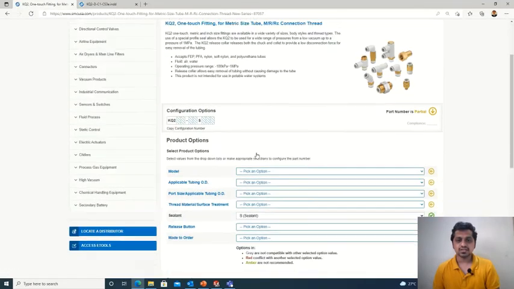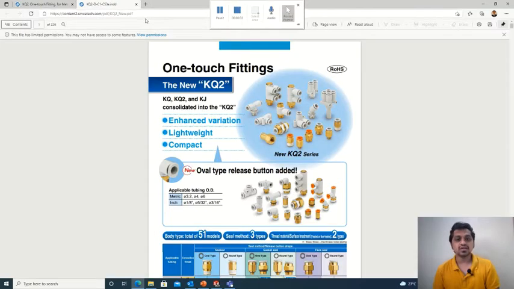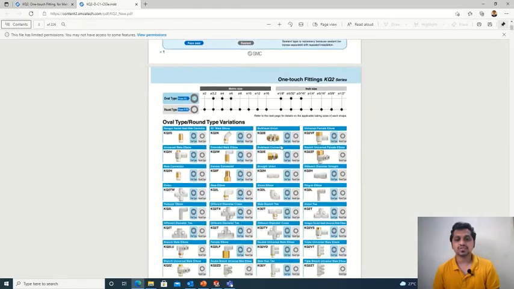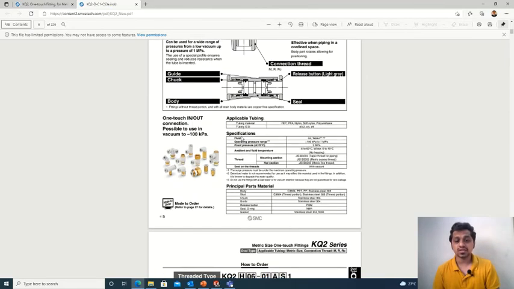Here you could see the different options available. Let's go into the series catalog. Always remember, study the series catalog thoroughly and all the problems will get solved. So here you could see what the different options available are. You can have a T connection, elbow connection, cross connection.